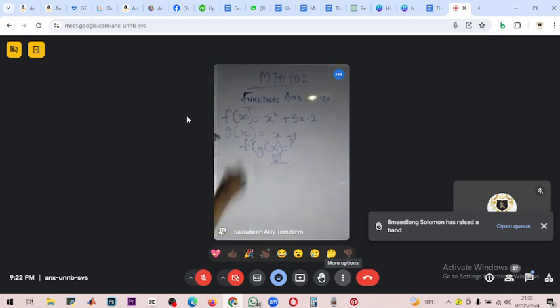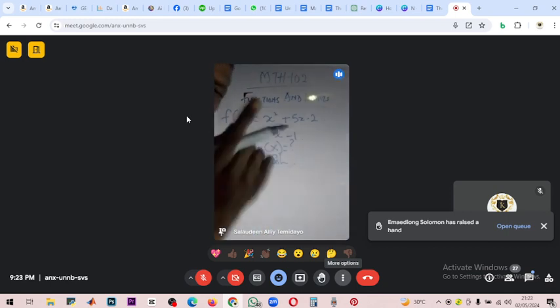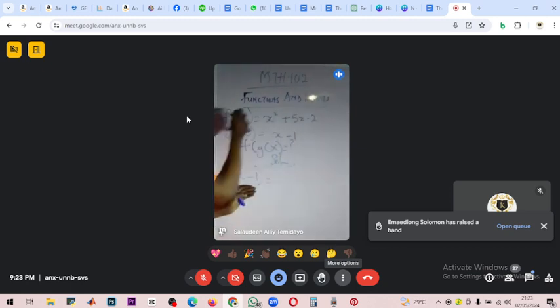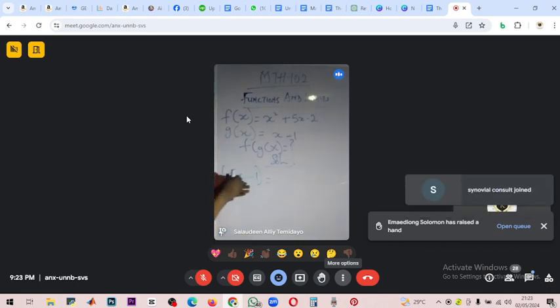What do we do? f of g of x, don't forget. Look at it very well. f of, what is g of x? x minus 1. Now come and write it well. Instead of writing g of x, just write what? f of x minus 1. As simple as this. f of x minus 1 is equal to, when it was f of 1, we used 1 to represent x anywhere we see x, because we said x is already 1. It's a common thing that when it is now f of x minus 1, then we use x minus 1 to represent x. As simple as that.